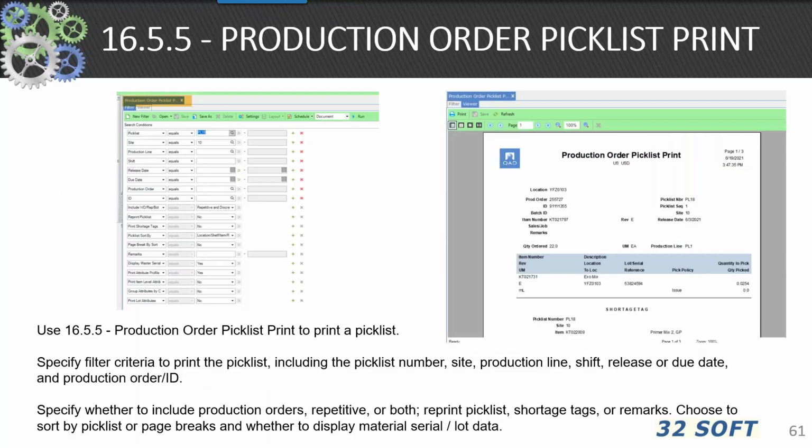As mentioned, the 16.5.5 is used to print the pick list. Here we can specify filters to create pick lists, include pick number, site, production line, shift, release, lots of options for that. You can specify whether it include production orders, repetitive, both, reprint, shortage tags. Choose to sort the pick list or pages